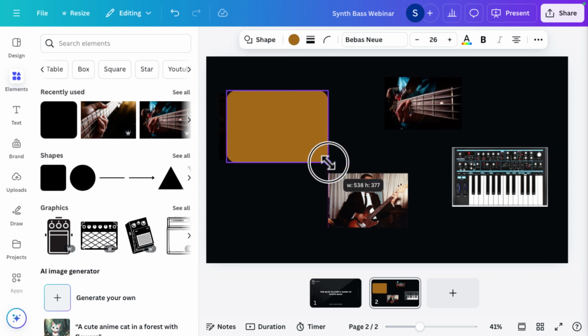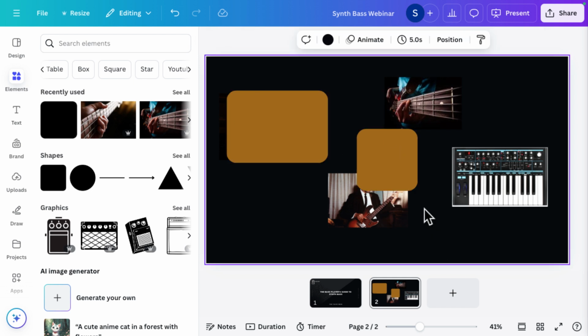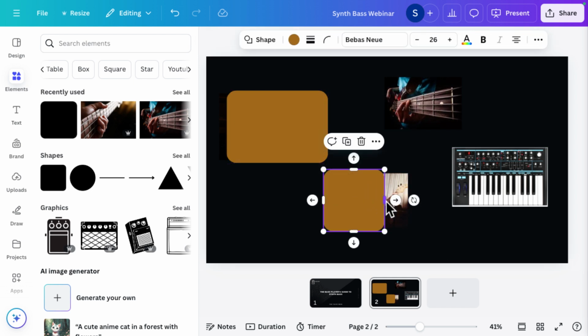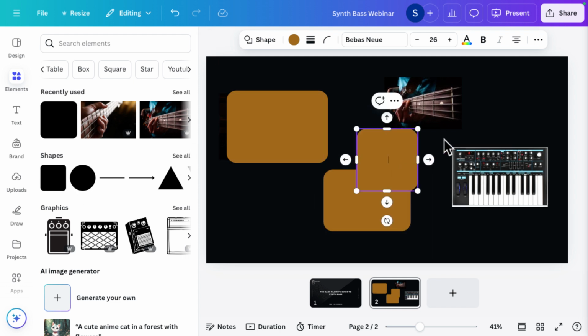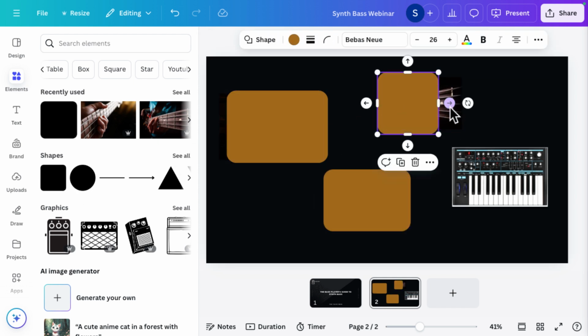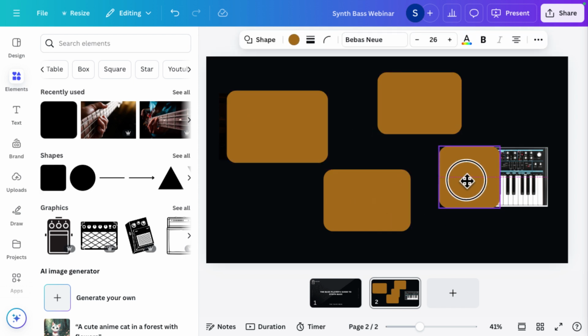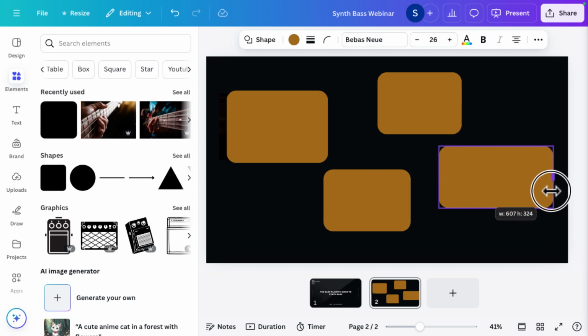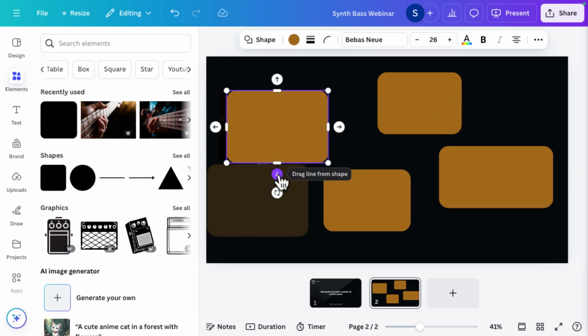it on top of this photo, on top of each photo actually. And I know it seems a little bit weird at the moment, but what I'm going to do is hide these, hide the shapes. So I'm just going to take those, drag them like that, and then with